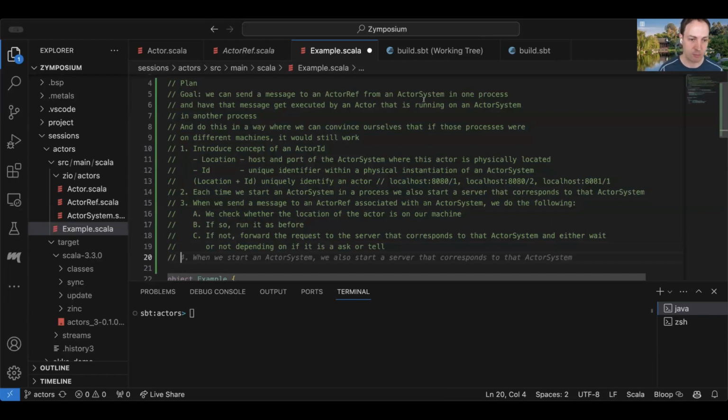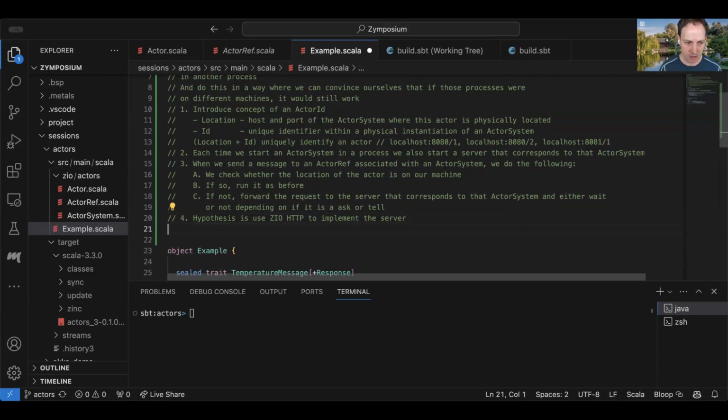So I think one choice we have is just basically what communication protocol we're going to have. And I think the main options would be kind of a REST type ZIO HTTP one or a gRPC one. I think I'm going to say hypothesis is use ZIO HTTP. I think partly just that'll be kind of a fun thing for us to learn and play with, and we'll get to use endpoints and stuff like that. And then yeah, I think we're going to say we'll need to deal with serialization and the serialization of